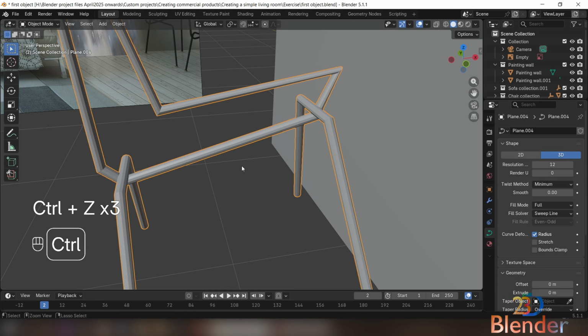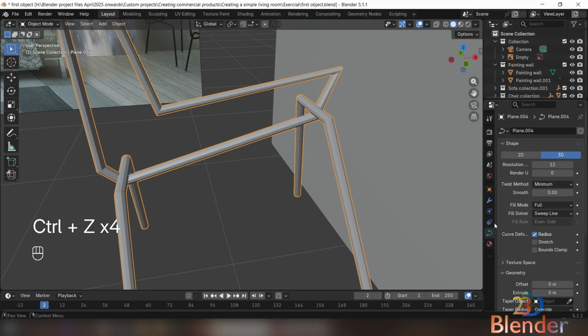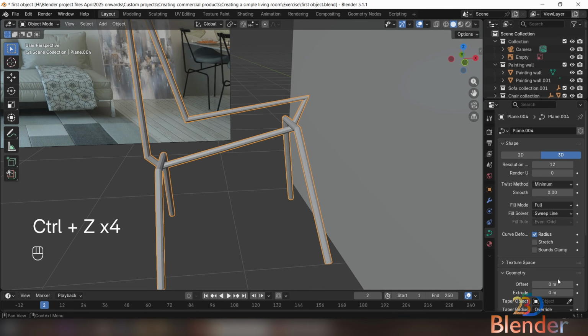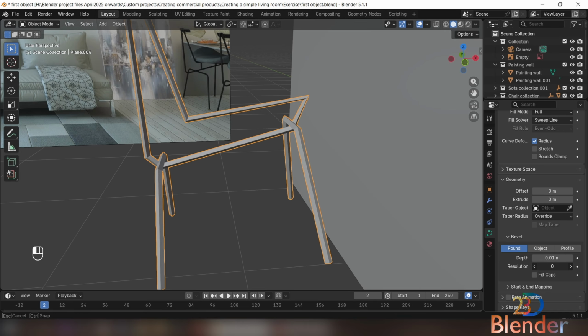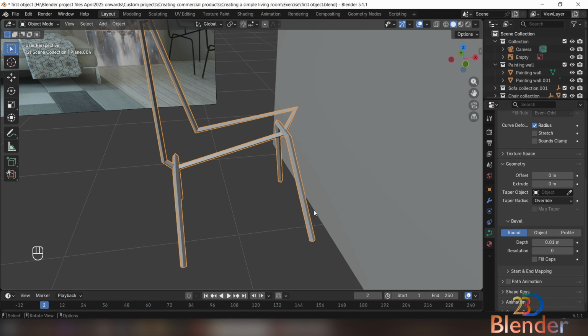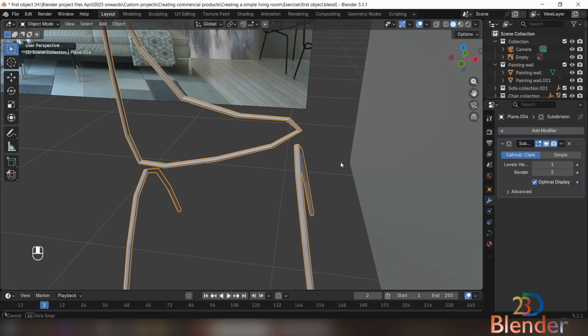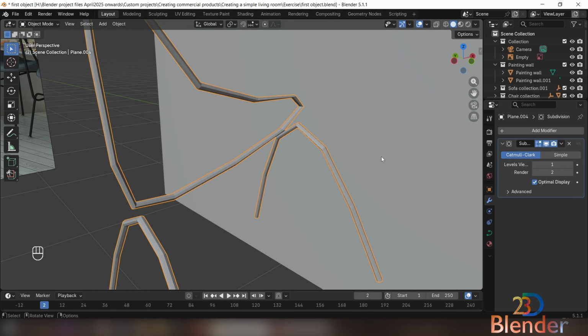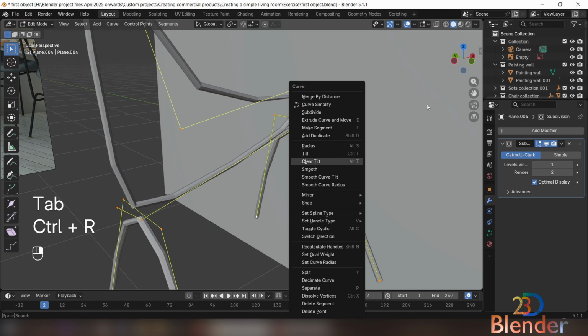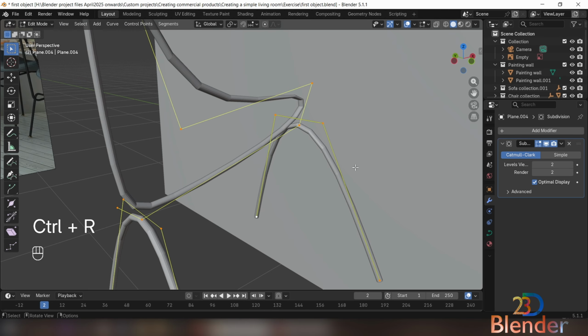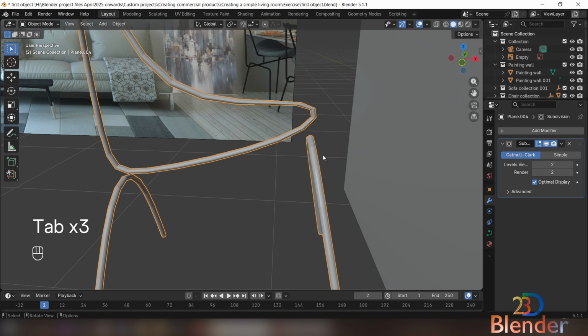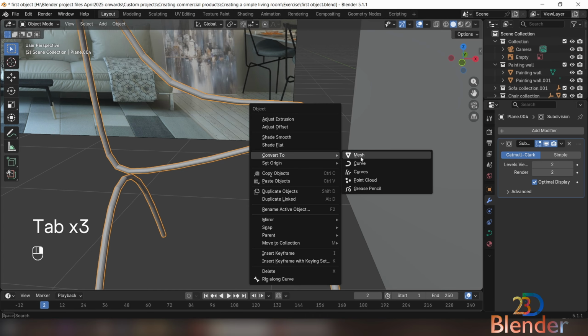So that's why let's undo everything, and that's why I always tend to go for low resolution, either 0 or 1. That should be more than enough. Let's make it 0 resolution, and I think we can add sub D over here. And, what happened? So now let's convert it to our mesh, and